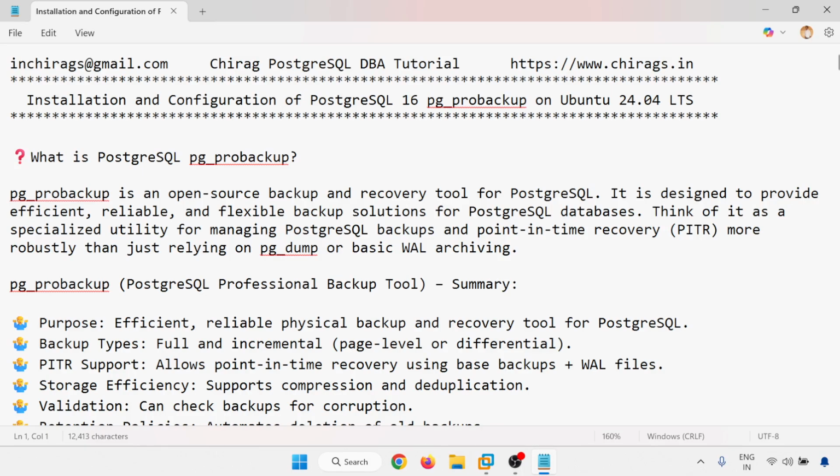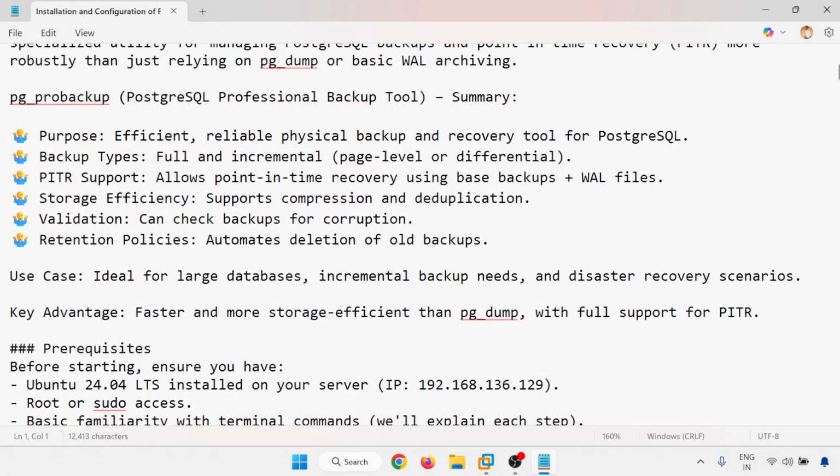So PG Pro Backup, Postgres Professional Backup Tool. The summary of that: the purpose is an efficient, reliable physical backup and recovery tool for PostgreSQL. Backup types: it will take full backup and incremental backup, that is page level or differential. PITR support: it supports point-in-time recovery using the base backup or WAL files. Storage efficiency: support for compression and deduplication. Validation can check backups for corruption, and retention policy automates deletion of